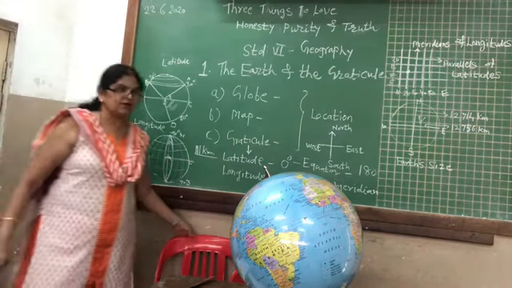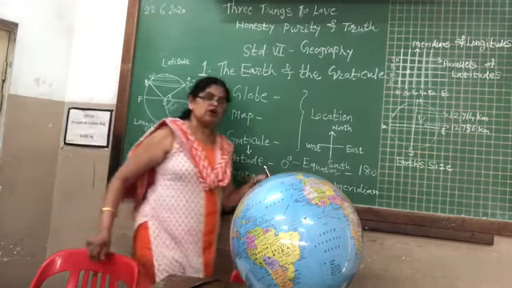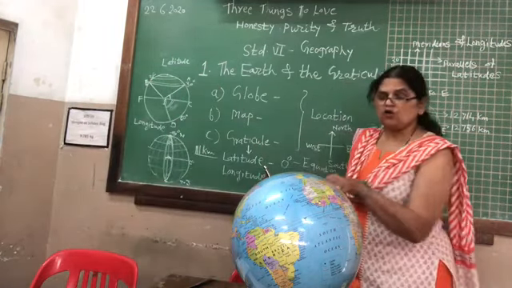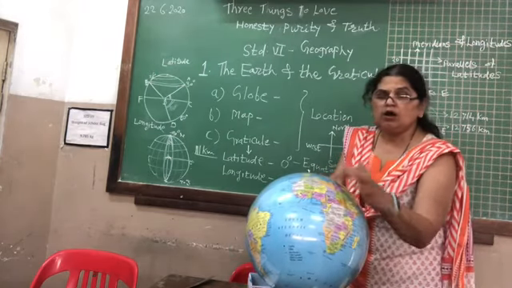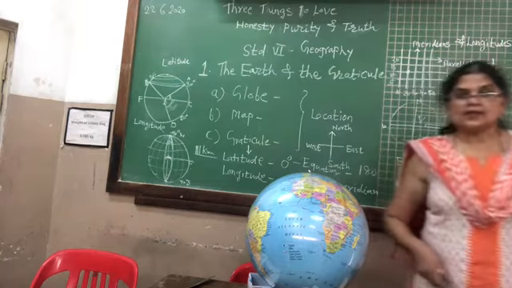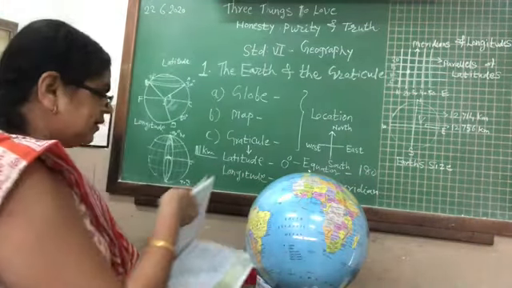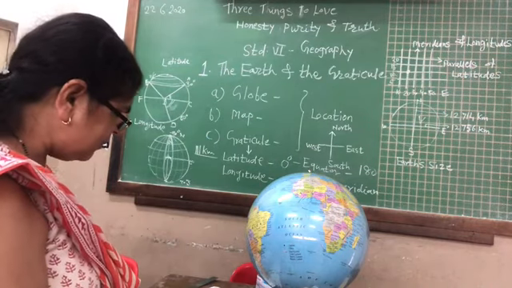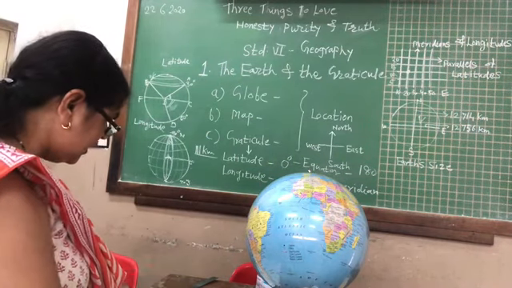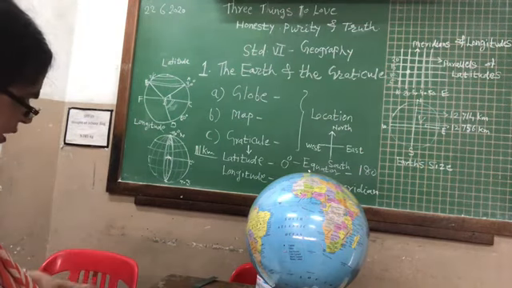The other important lines we have to know about are called the longitude, the meridians of longitude. These are all vertical lines. On the map, we know that this whole map is divided into a number of places. Now, we have to see how the maps, the world map, have been divided.